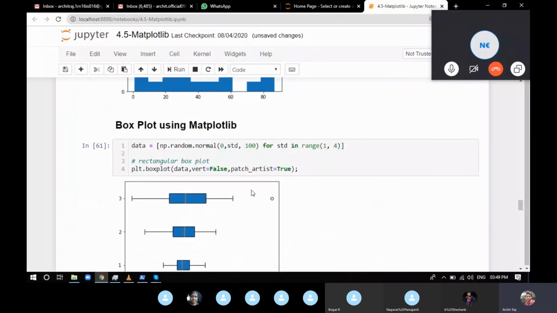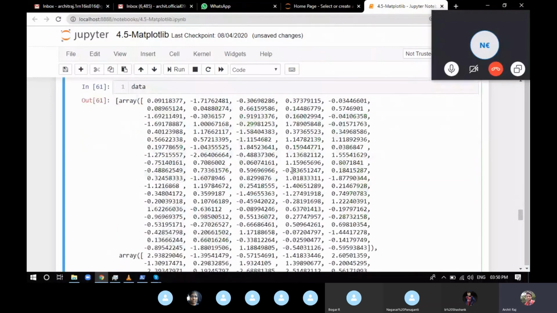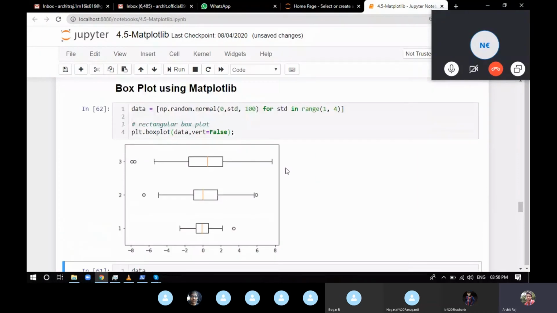If vertical is false, it's going to give you horizontal. Now patch artist gives you the colors. If you remove the patch artist, it's simple, no color at all. It's going to be a simple box. If you want to give them some color, use patch artist so it can give you visually good looking colors. So this is how the Matplotlib box plot works.